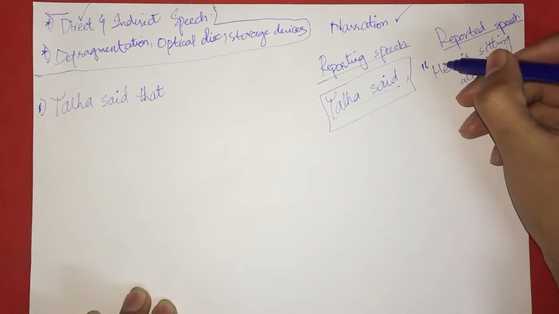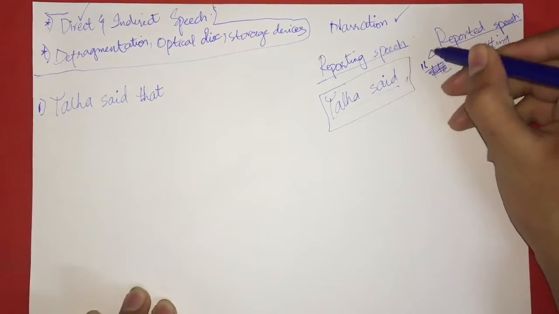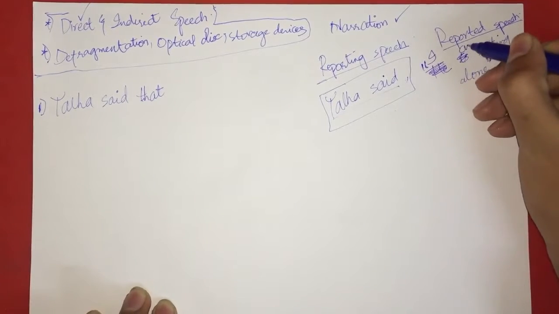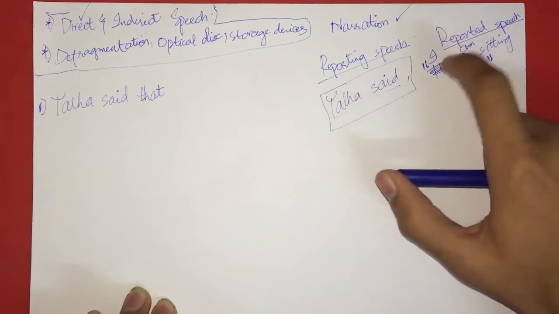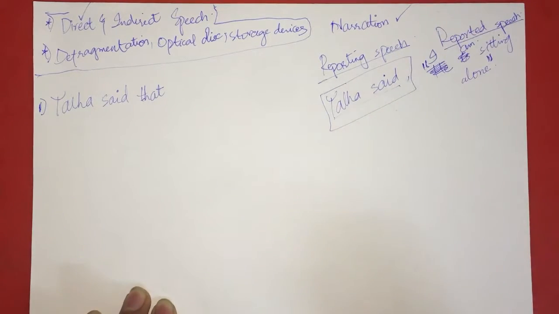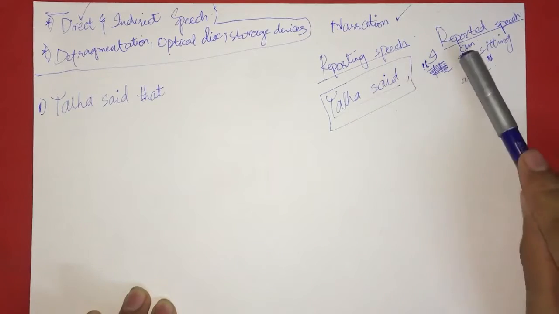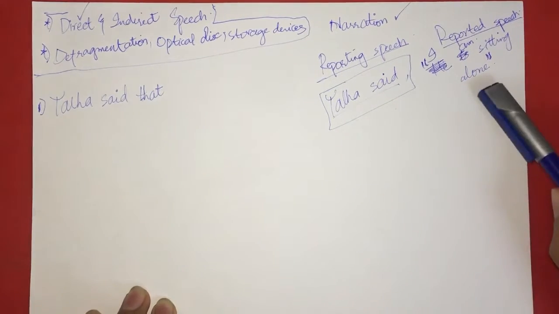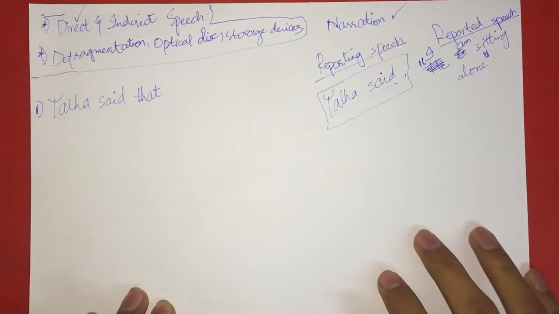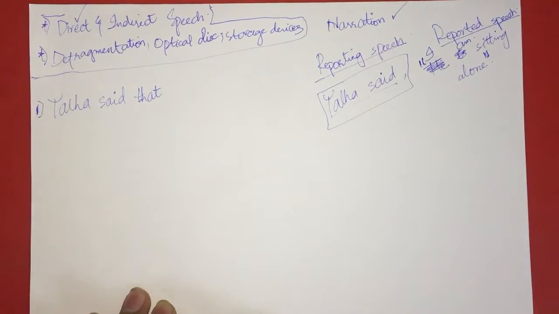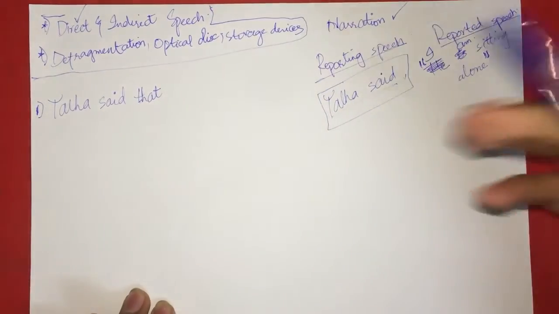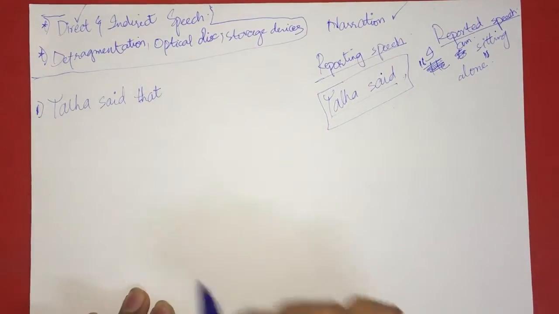Let's do it this way. It's going to be real easy for you guys to understand. Talha said, I am sitting alone. So this I am sitting alone is the reported speech, or the exact words that Talha said. So if we want to narrate it, we are going to write Talha said